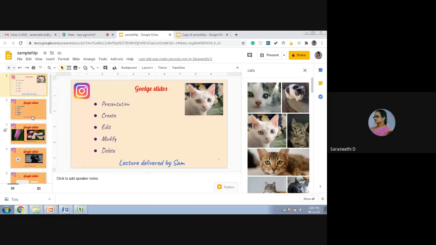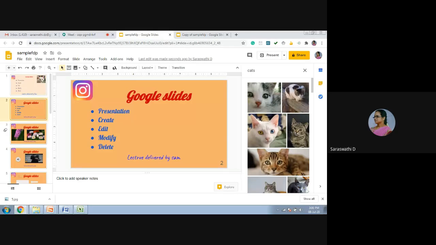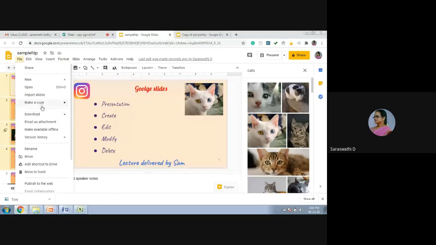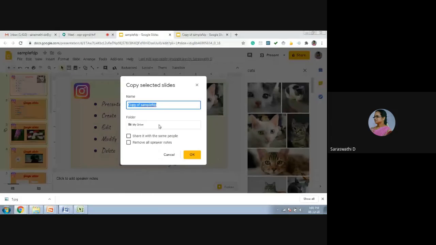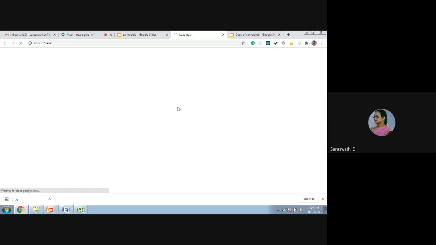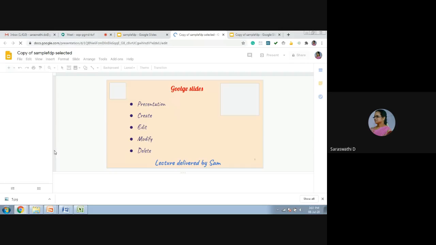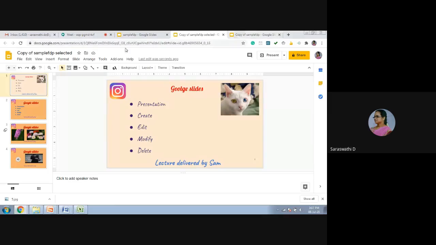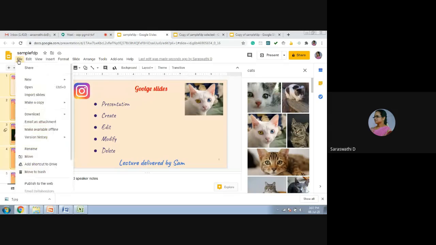Now, if you want to take a copy of only a particular slide, you just select the slide using the control button. Then we go to make a copy, selected only. See here, it displays only the selected slides. Here we selected only 4.